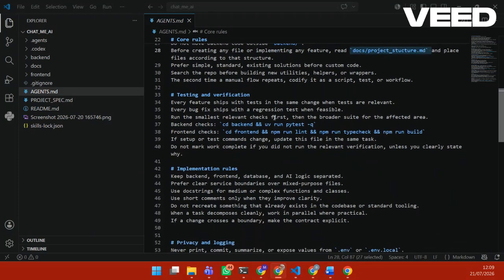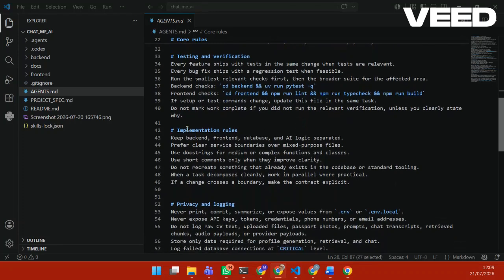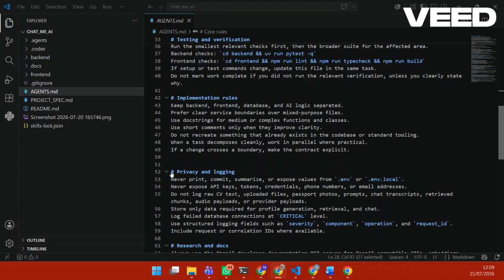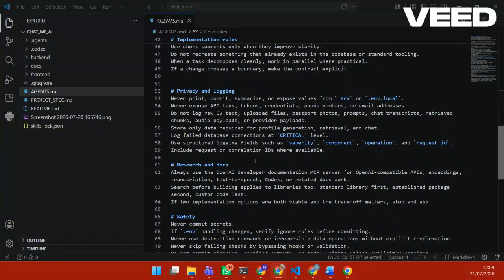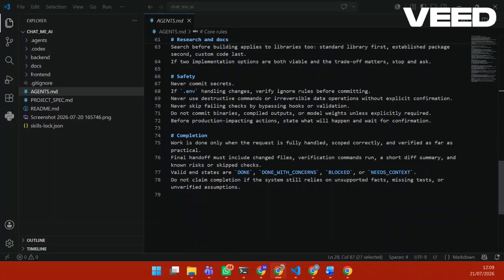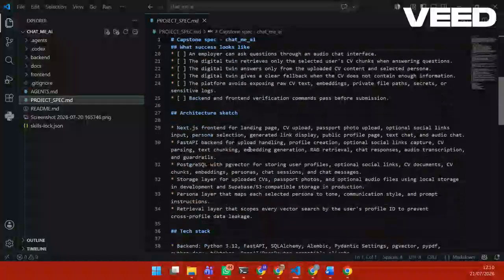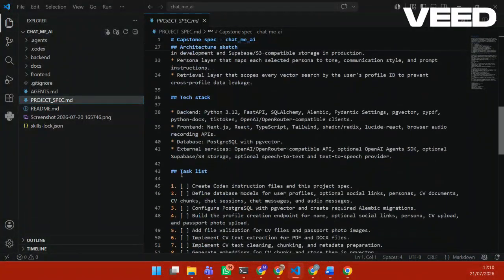It has testing and verification, all the commands to test and run the project, both the backend and the frontend. Implementation rules are things like privacy, logging, research, docs, safety, how to ensure ENV files are not pushed, and the completion rules. As you can see, we also have a project specification.md. It has all the problem statement, what success looks like, the architecture, and all the task lists that have to